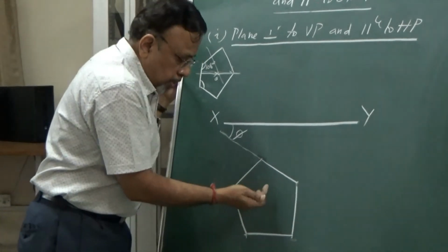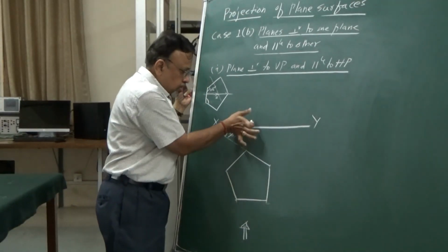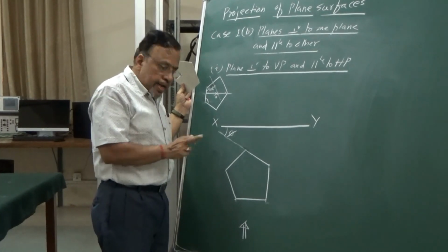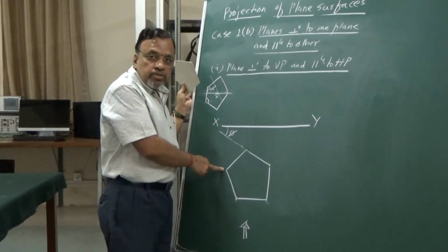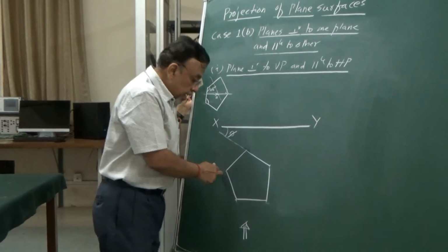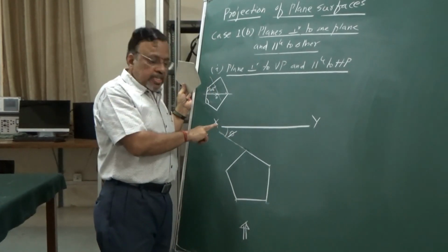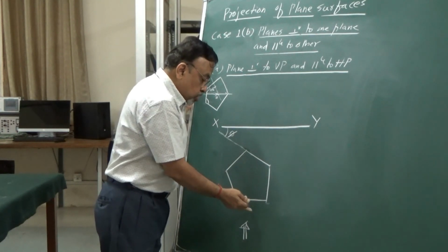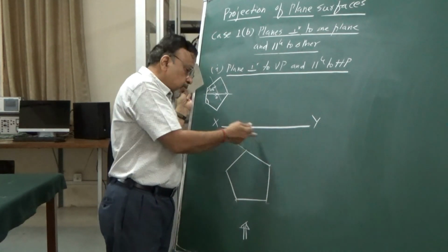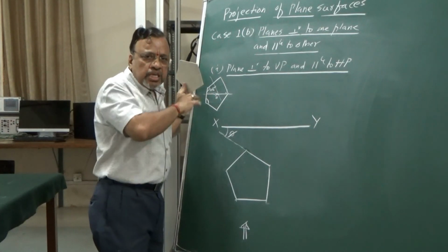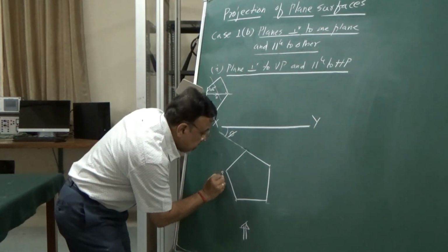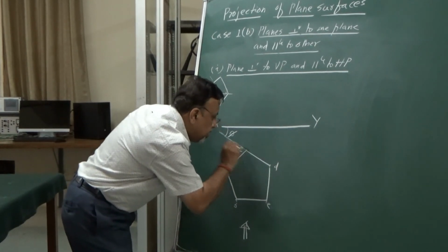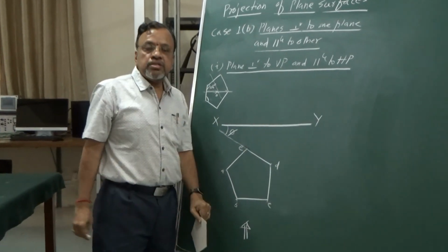For the observer, plane and XY line. For the observer, what you do is always start naming from the leftmost visible point in the anti-clockwise direction. Let me say that first I name the corners which are visible to the observer, then the invisible ones come in the next step. So in this case, let us say this is A, B, C, D, E. So these are the points.